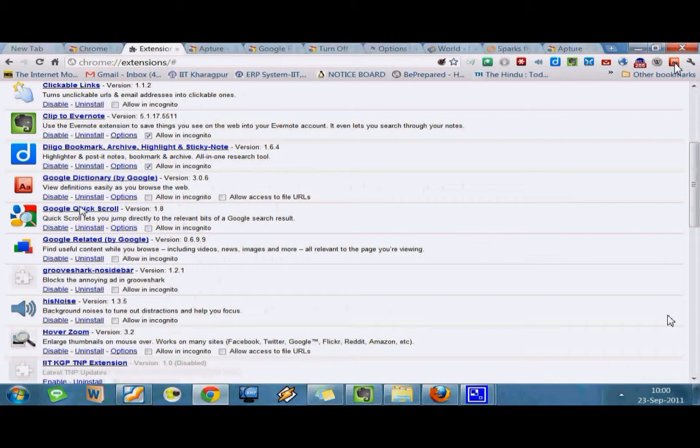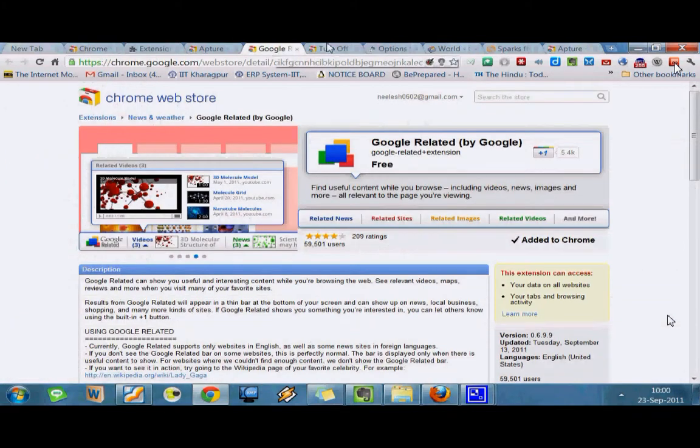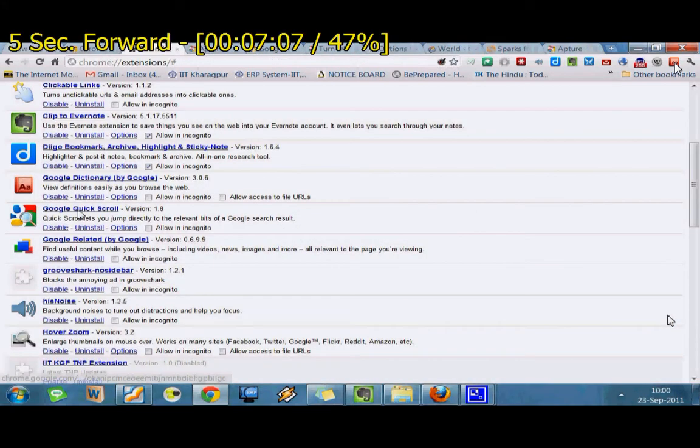Okay, so the next extension I would like to talk about is Google Related. Most of us don't know what Google Related is. This is the latest feature of Google. So what it does actually, as you can see in this page,